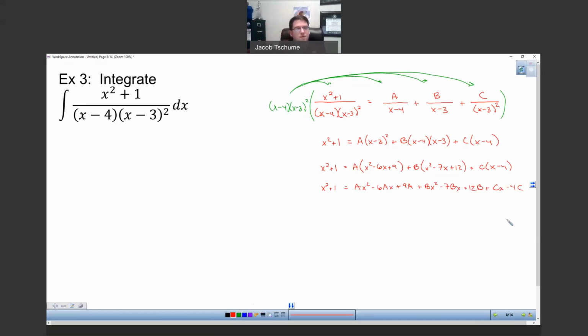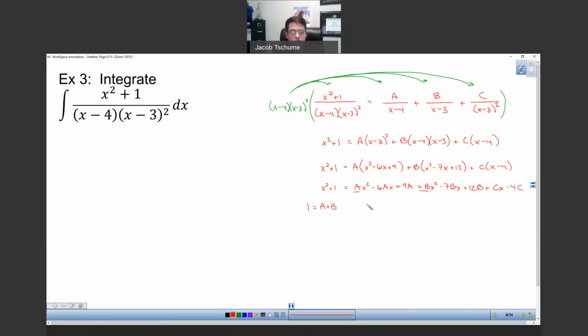So what I'm going to do now is set up a bunch of simultaneous equations that we can solve based on the coefficients of the powers on the left and the right. What I mean by that is if you look at the left-hand side, there is an x squared term, but its coefficient is 1. On the right, you want to pick out all of the constants that have an x squared. So that would be this A, and this plus B. So therefore, I know in the end